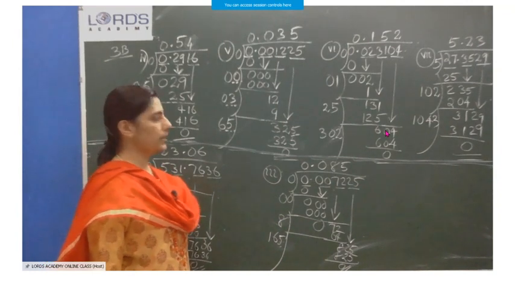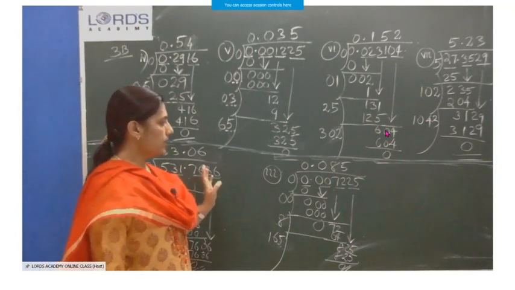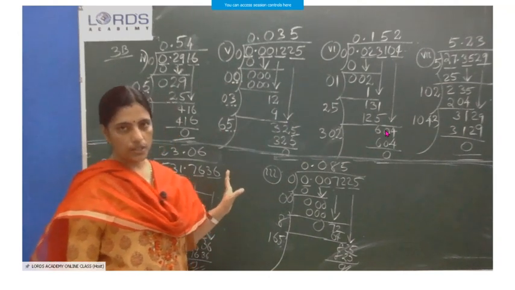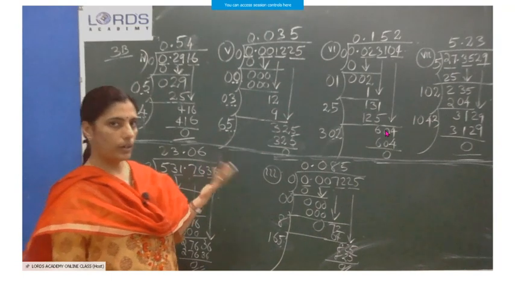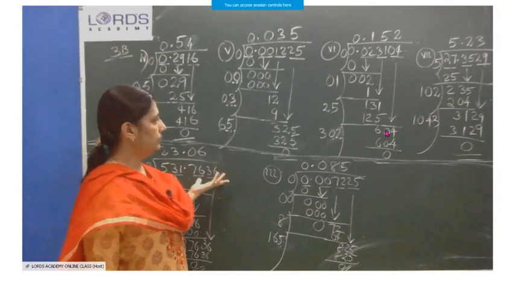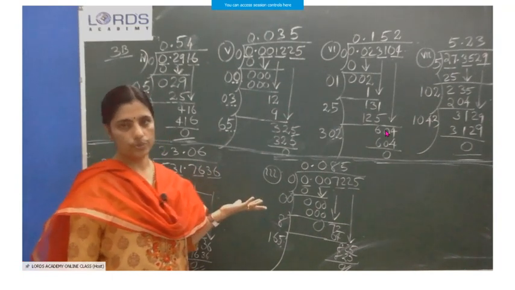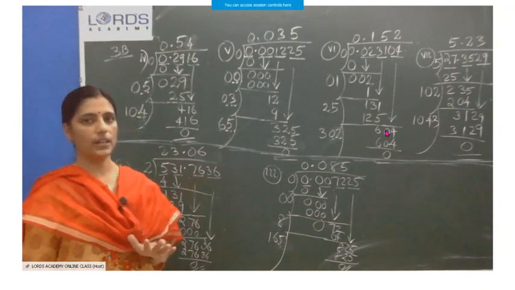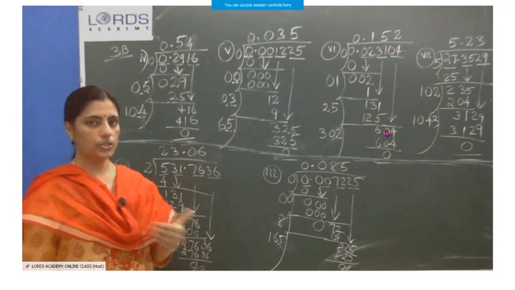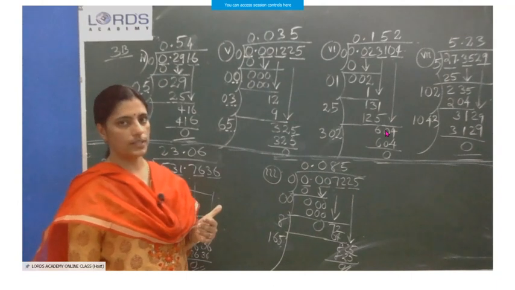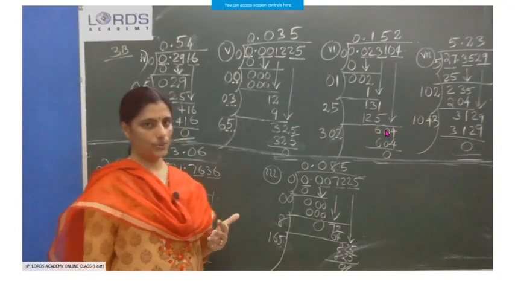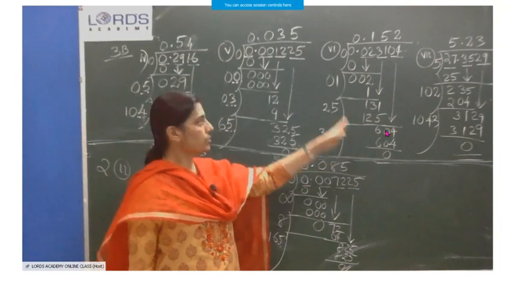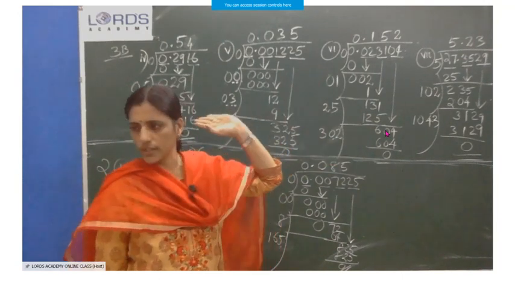Simply don't copy, understand the thing. See, these portions are there for the midterm examination. If there is any doubt before that, you have to ask either through WhatsApp or in the class. And this is an important chapter also. Another chapter is comparatively very easy. Next is cubes and cube roots, which is quite easy because there is no division method in that chapter. That's why. Next question, sixth subdivision.